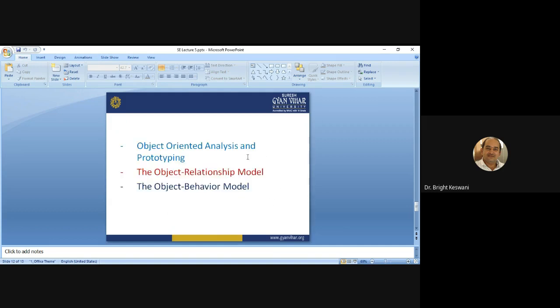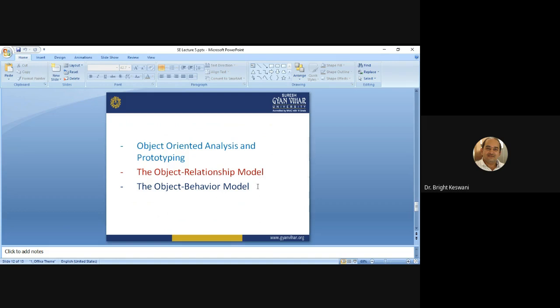Now there are three more things. The first thing is object oriented analysis and prototyping. The second thing is the object relationship model, and the third is the object behavioral model.